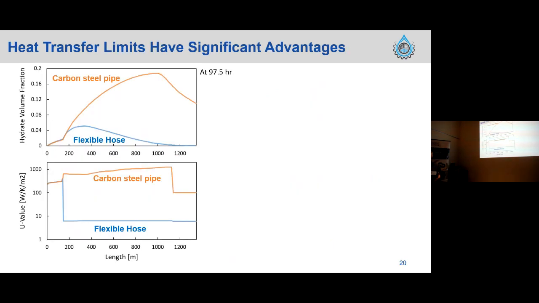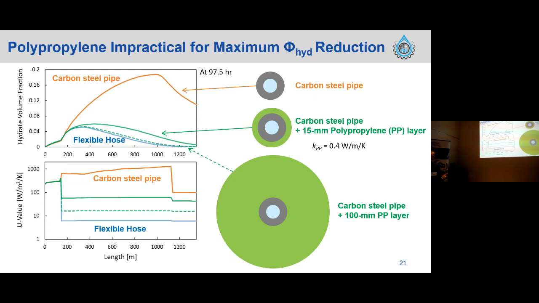This graph shows the comparison of the two simulation results shown in the previous slide in terms of the hydrate volume fraction and U values. So overall, the pipe insulation significantly reduced these properties. And to investigate the sensitivity of the pipe insulation, I conducted further simulations, in which the flexible flowlines were replaced with a carbon steel pipe with an insulation layer made of polypropylene, solid plastic. And in these cases, the hydrate volume fraction decreased much by adding a thin plastic layer,